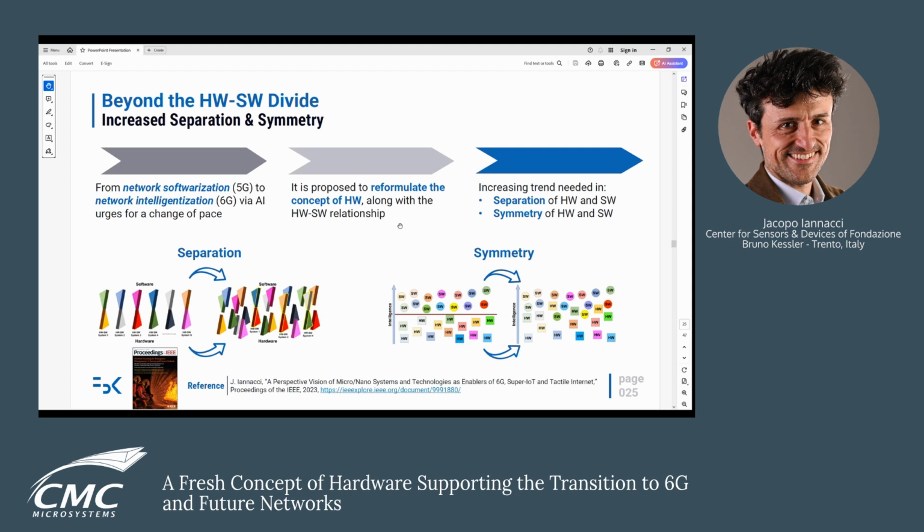This is what actually brings to the need for a sort of reformulation of the concept of hardware, at least at the edge of the network. And this reformulation is expected to step through the increase of separation and symmetry of hardware and software. Separation means to step a bit far away from what the classical co-design approach is doing